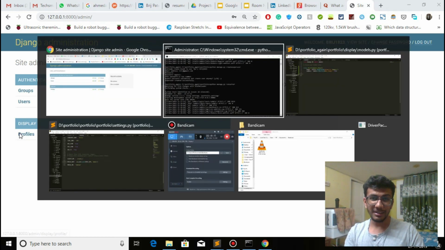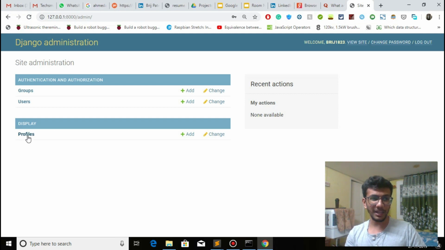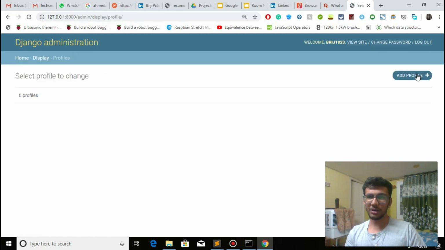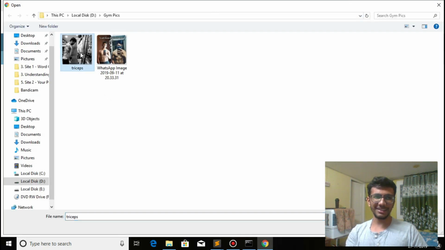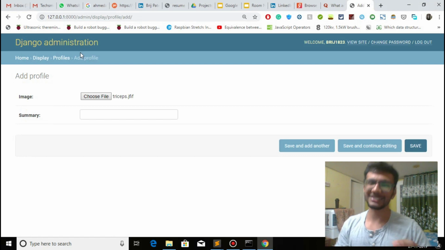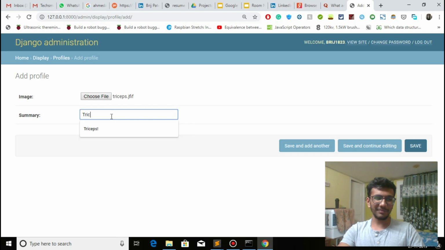And what we created was that in the profile there were two entries. One was image and one was summary. So let's see whether these two are created or not. If I click on profile and add profile, see, there is an image and there is a summary. So it's working perfectly. Let's just choose a file. It's slightly personalized. These are my gym pics. I do a bit of gymming. See, I'm writing something myself. Okay, and if I save this,